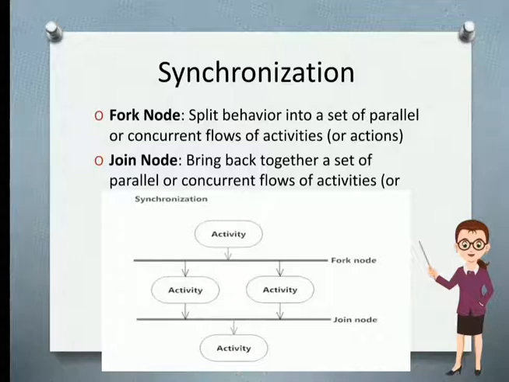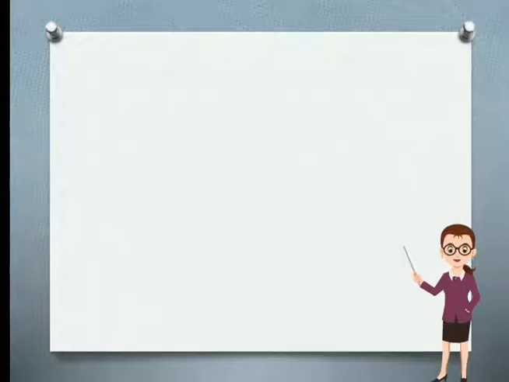Suppose we consider an example of concurrent activities. At the time of selecting a course, the user can register for the course. Along with that, the user can simultaneously or parallelly pay fees or calculate fees. So these are the parallel activities, and to represent them, before these activities we use a fork, then we show register and calculate fees as two separate activities, then we join them using a join node, and then further sequential activities can be represented.